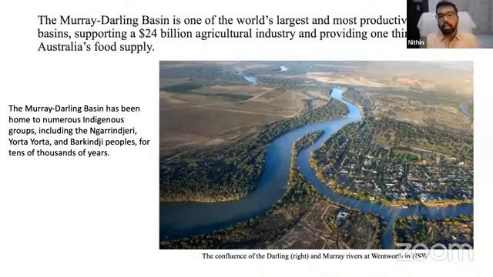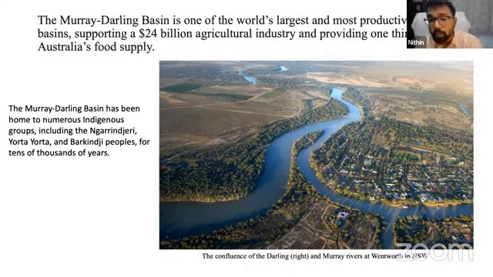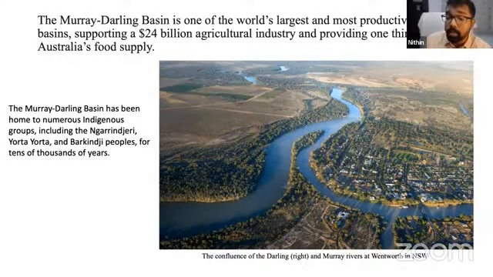So now the second landmark that we'll be looking at is the Darling Murray Basin. In this image, you can see the left river, that's the Darling River, and the right river, that's the Murray River, and they're joining at the confluence. And this is like a snake winding all across eastern Australia, and it's a major water source for a lot of cities. And this is also a major water source for a lot of indigenous communities living in